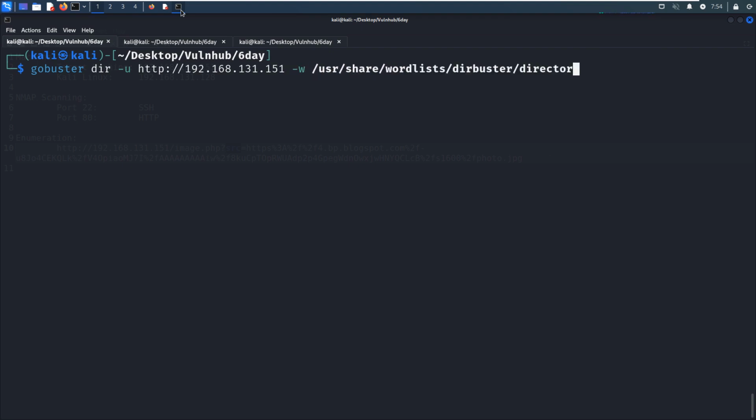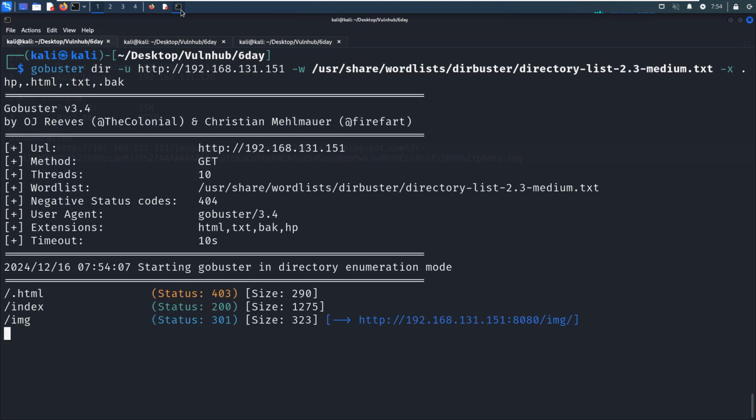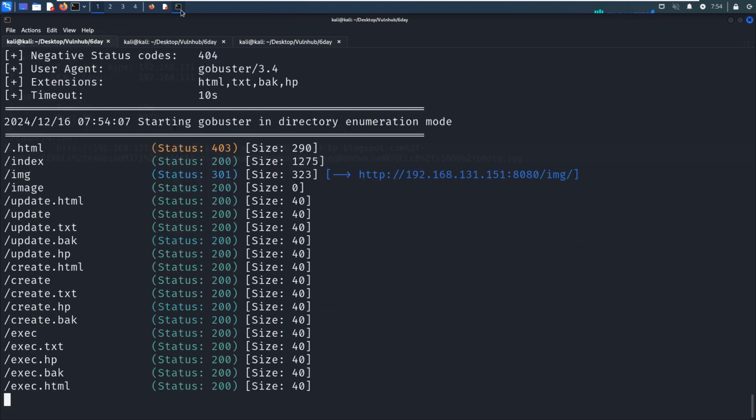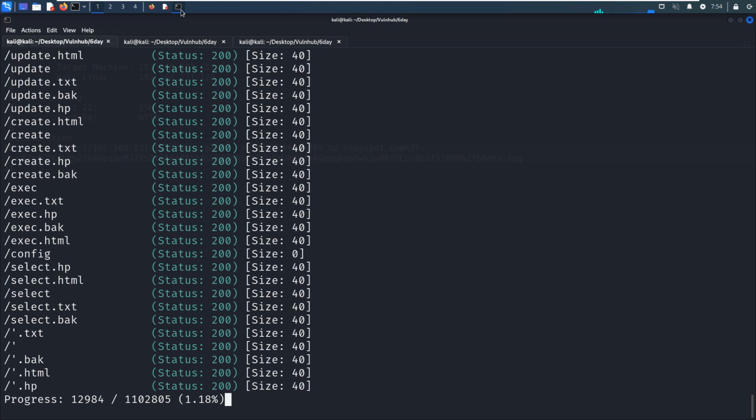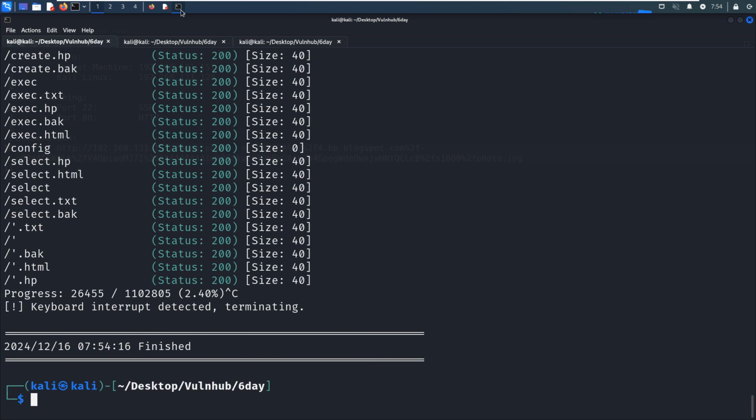GoBuster, directory and extension option. Press enter, and similarly, GoBuster discovered many files or directories, but I don't think they exist.